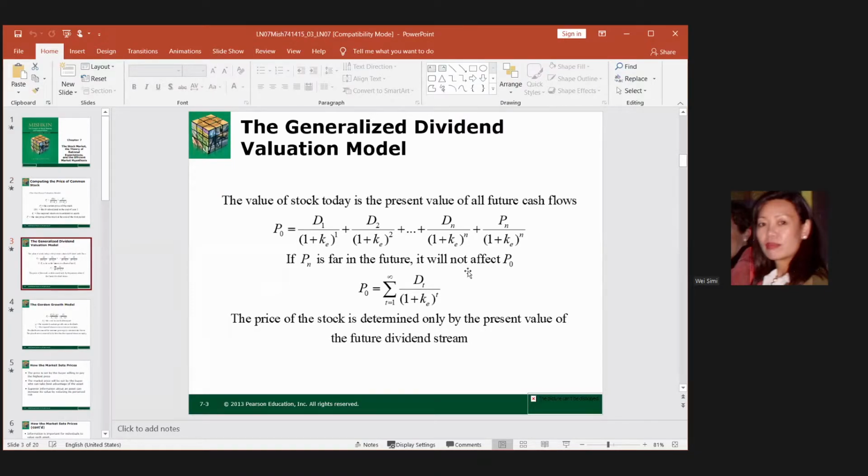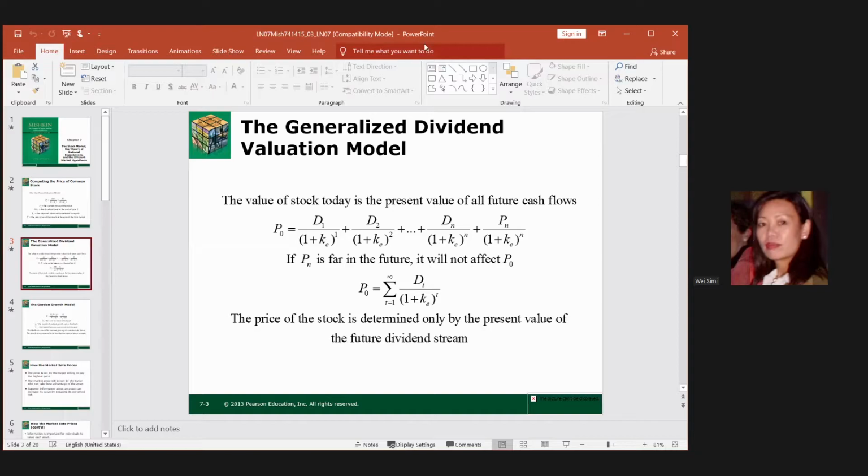Now watch, because this last term is far away. Remember we learned the time value of money. This is so far away that if you discount this money back to today's value, it contributes very little to your total present value. The longer, the smaller, right? Remember time value: you want $100 today rather than 1 year from now, because it is discounted back. So actually it's a good thing that you don't need to bother about this one. It's too far away.